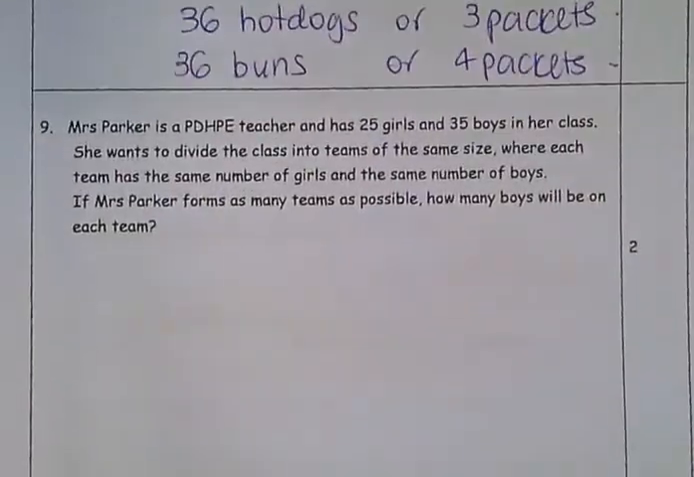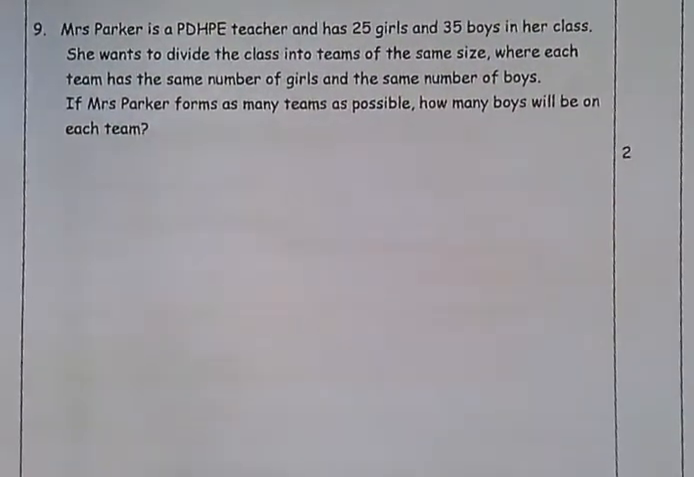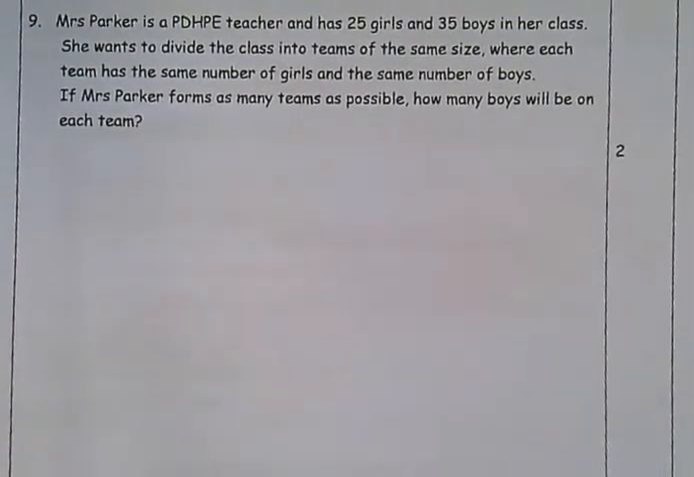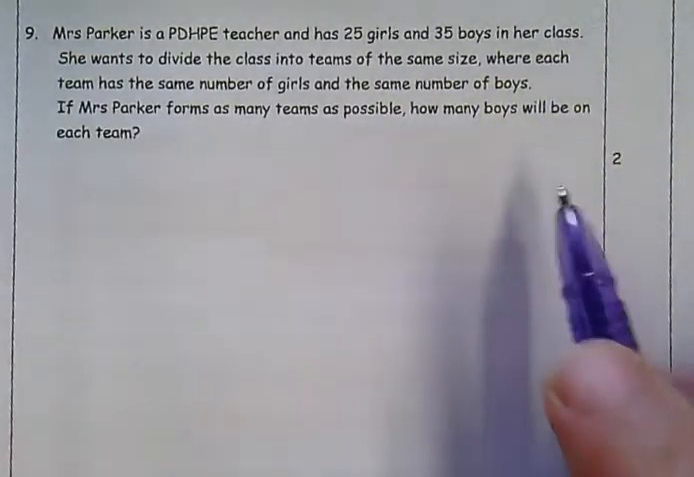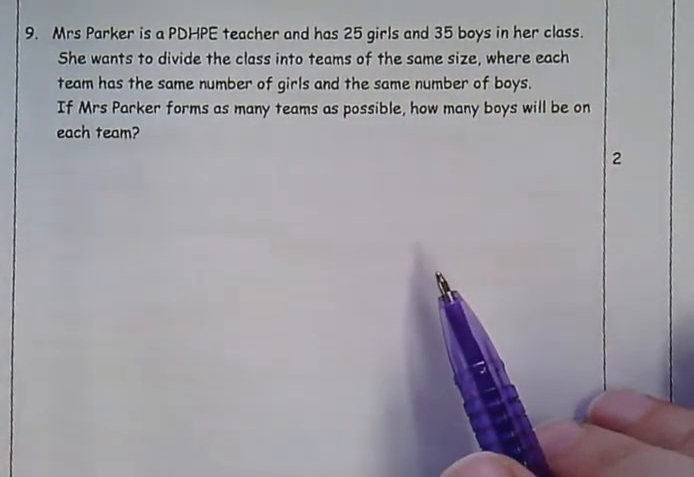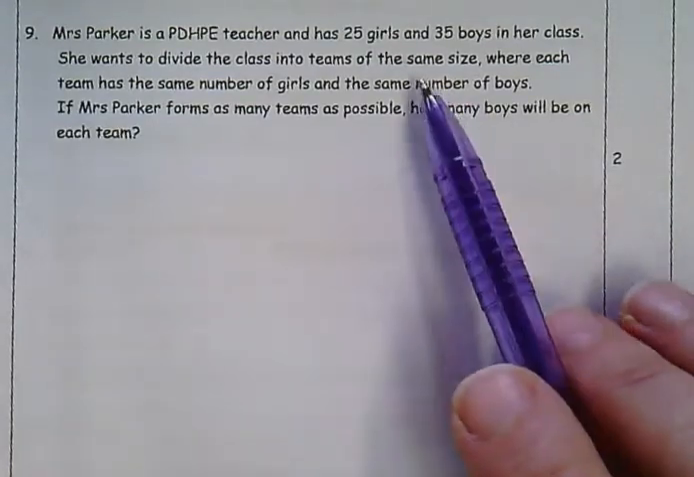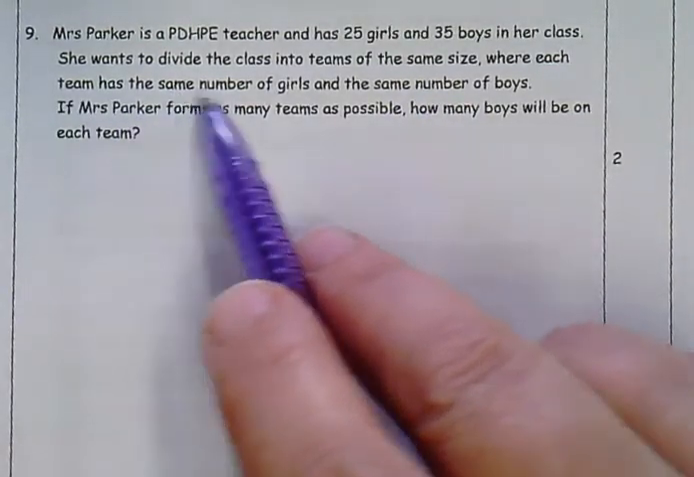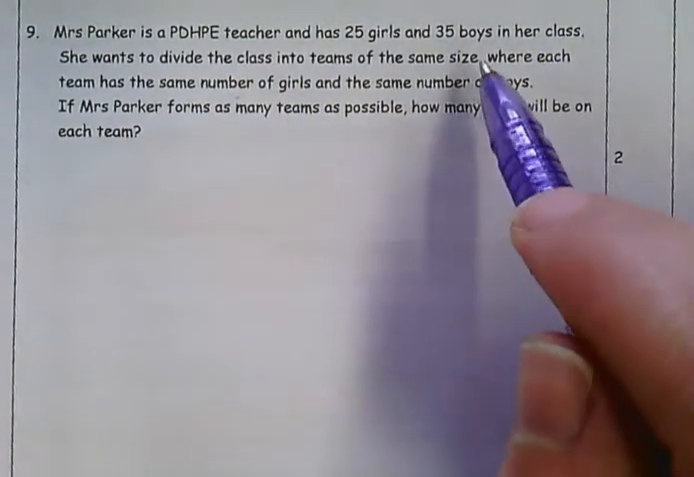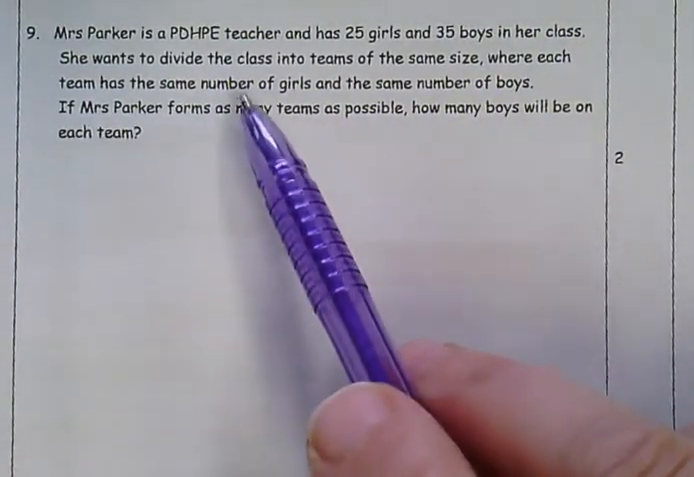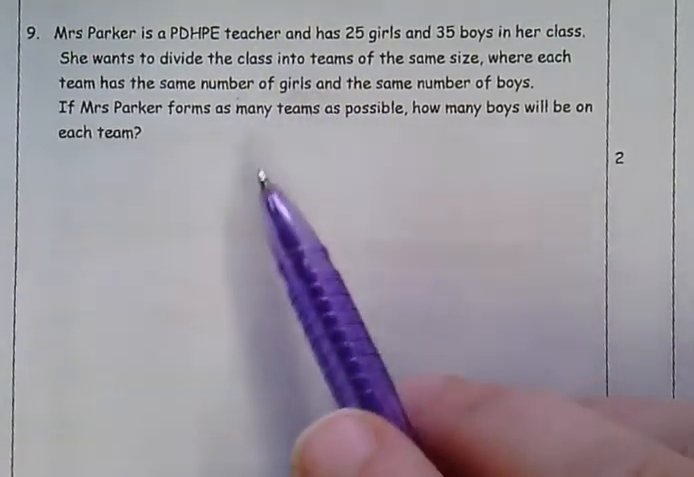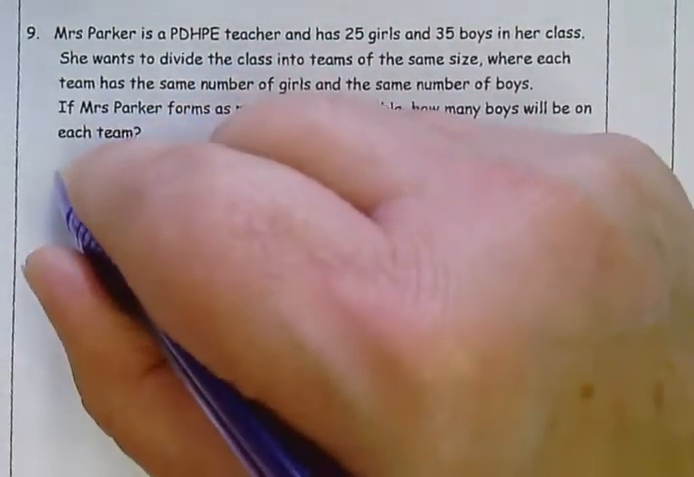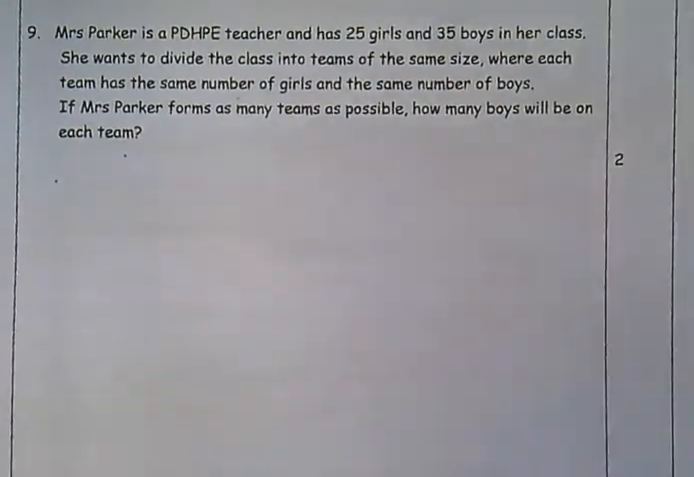Okay, now for question 9. Mrs. Parker is a PDHPE teacher and she's got 25 girls and 35 boys in her class. And she wants to divide the class into teams of the same size, where each team has the same number of girls and the same number of boys. So it doesn't mean that each team has, let's say, 3 boys and 3 girls. It doesn't have to be the same. So I could have a team with 3 girls and 4 boys or something,